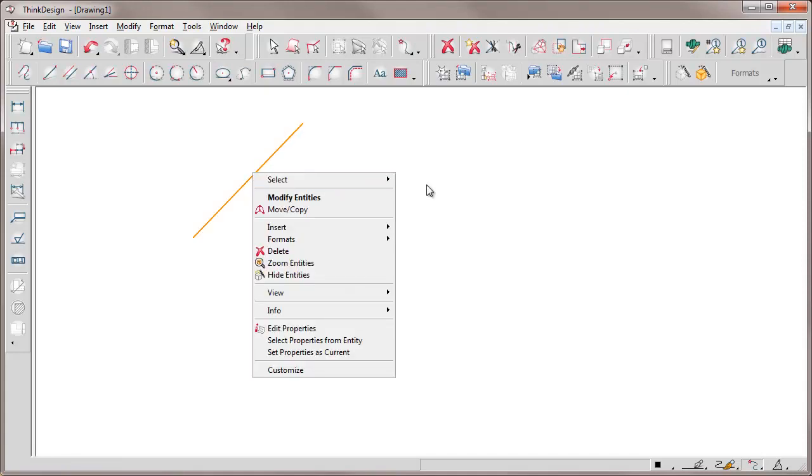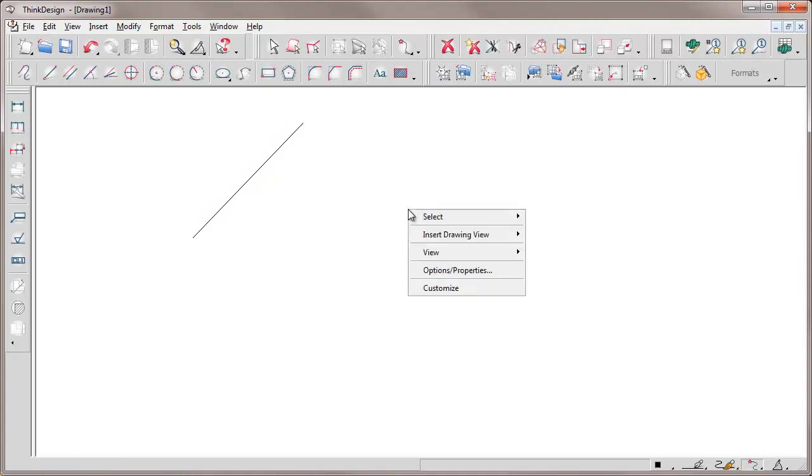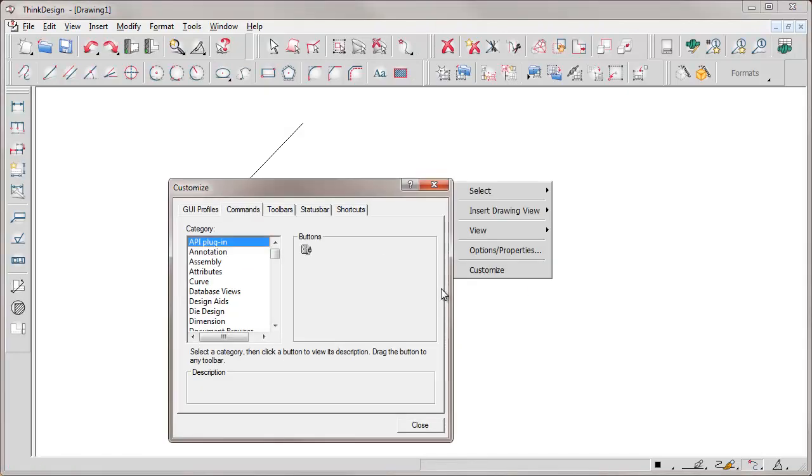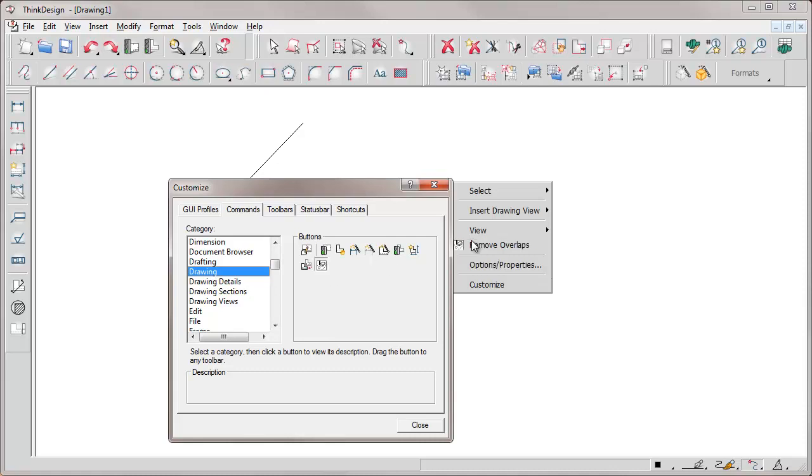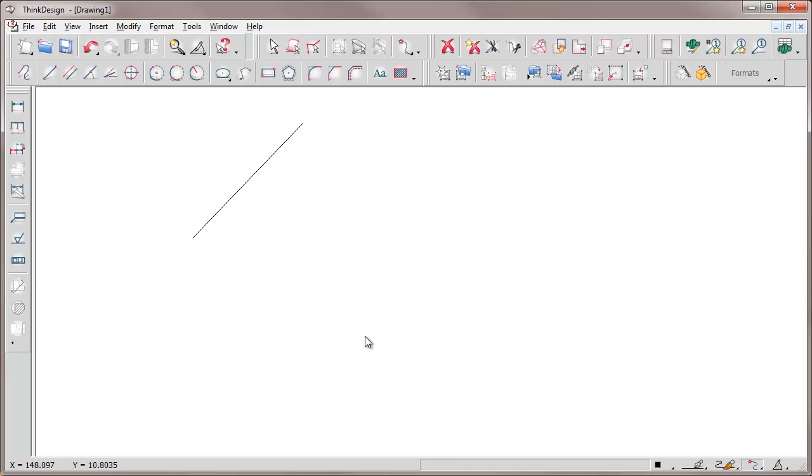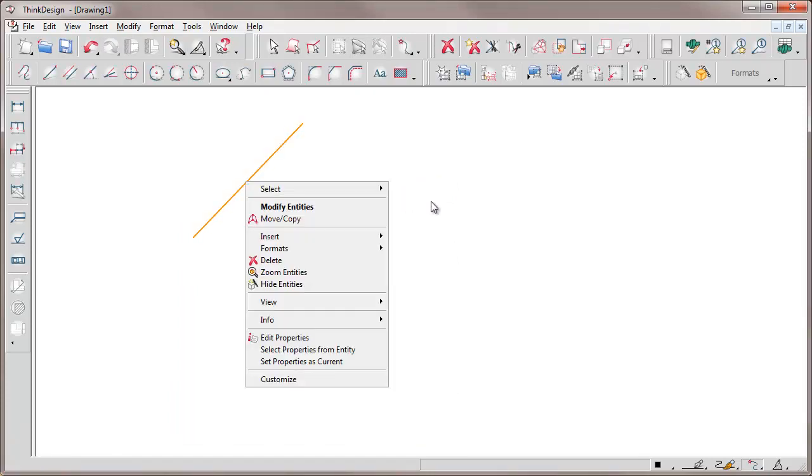For instance, here is the context menu where we click on an empty graphics area with no item selected. By Customize, we can modify it by inserting a button, and now we just see that by the mouse right button in an empty area, this button is displayed, while if we select the line, is not displayed.